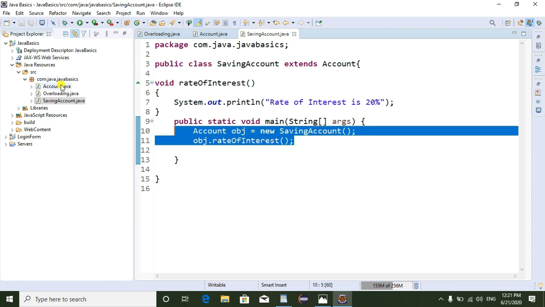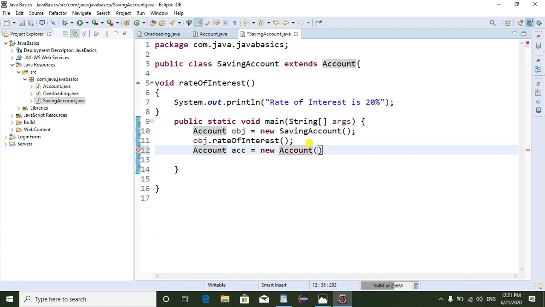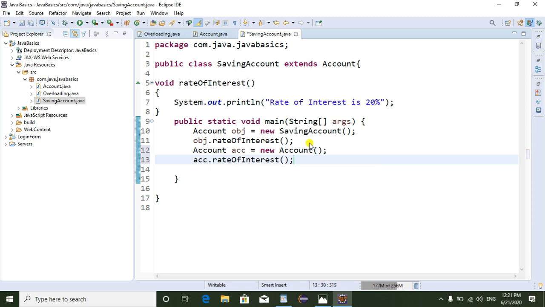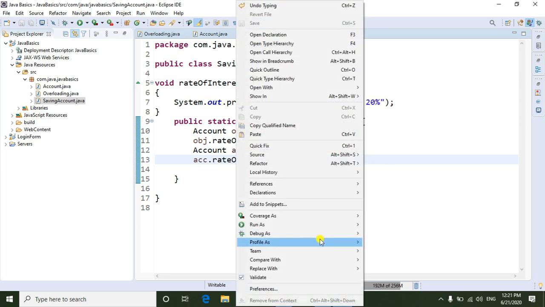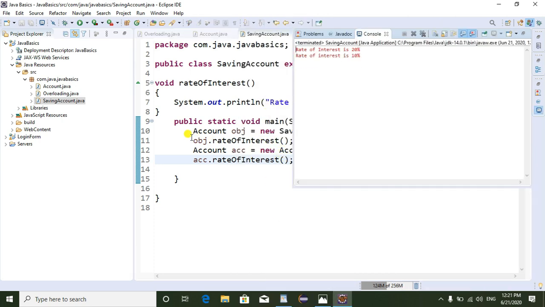If you want to call the parent class method, just create the object of the parent class equal to new Account. So acc dot rate of interest. Here we can see the parent class rate of interest is also called. In the first output, rate of interest is 20%.